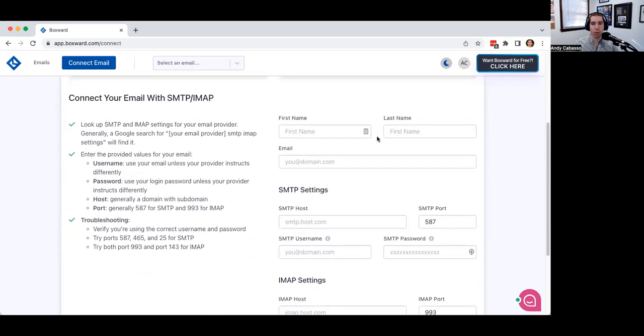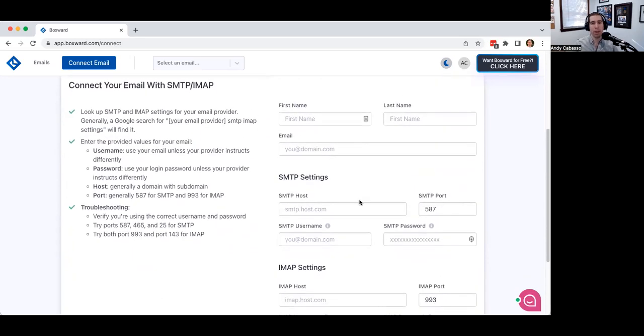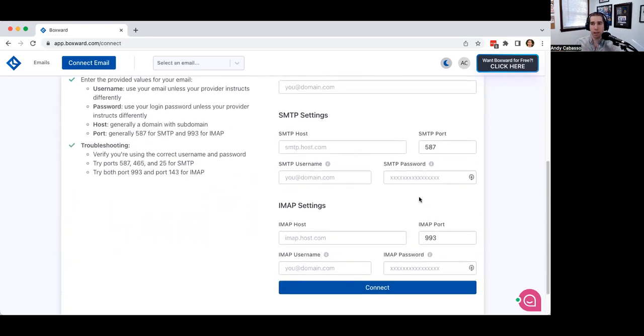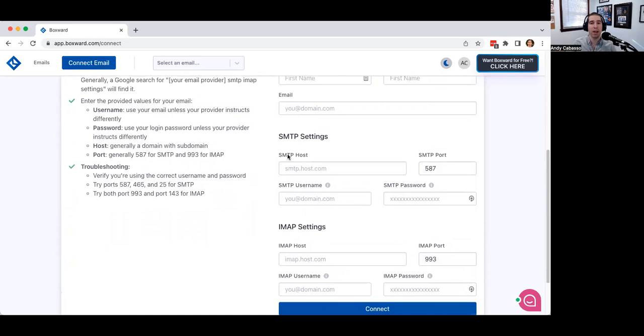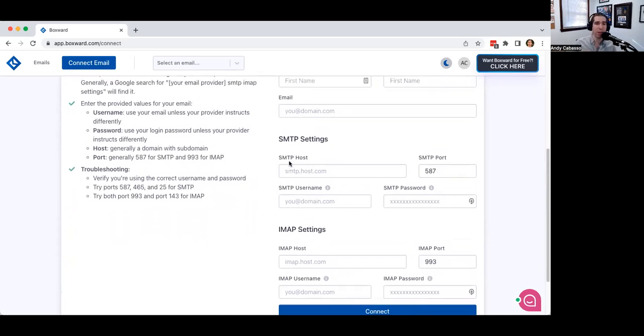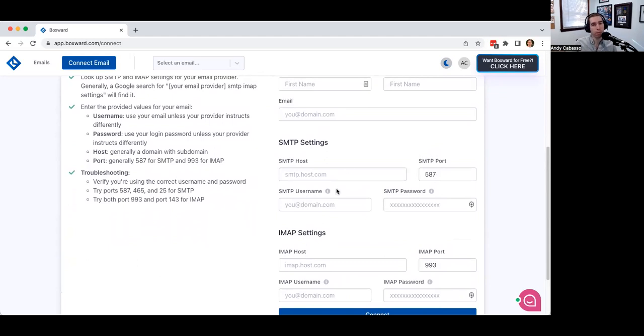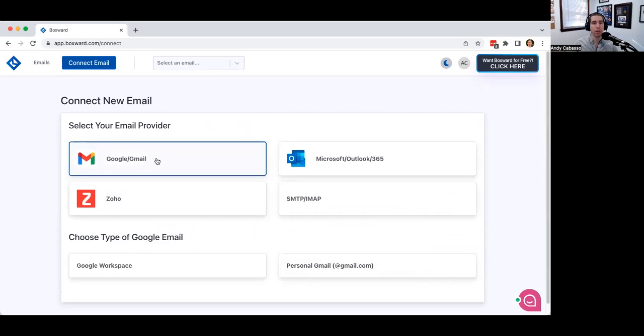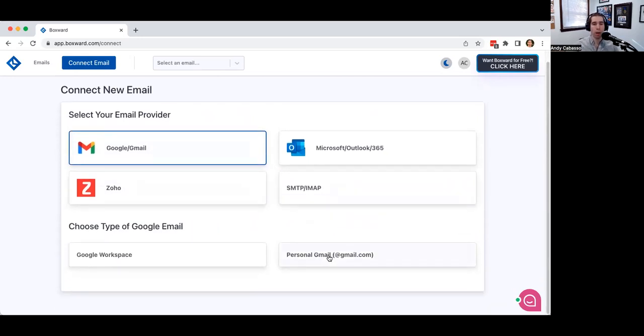It's going to ask for your email name, the SMTP host, and IMAP. These are settings that'll be unique to your provider. So if you're using Rackspace or SES or something like that, you have to make sure that you have SMTP and IMAP enabled, and then you'll add your username and password information here, and that'll connect your email.